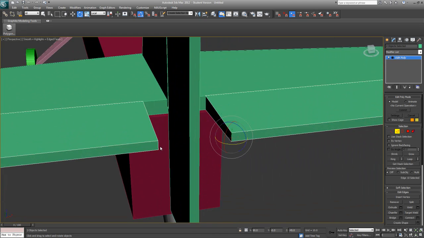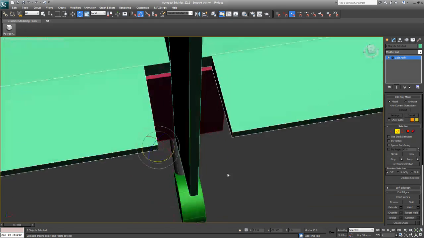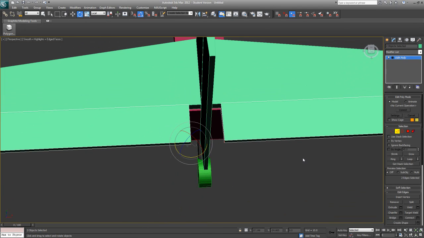Sometimes it can be difficult to select. Just zoom in there. Roll in with the mouse wheel and you'll get it to work. So the scale tool would be the right tool to go with. And it doesn't work with the edge either. So Control and click on the vertex icon. Use the scale tool. Scale on the X, and we're going to